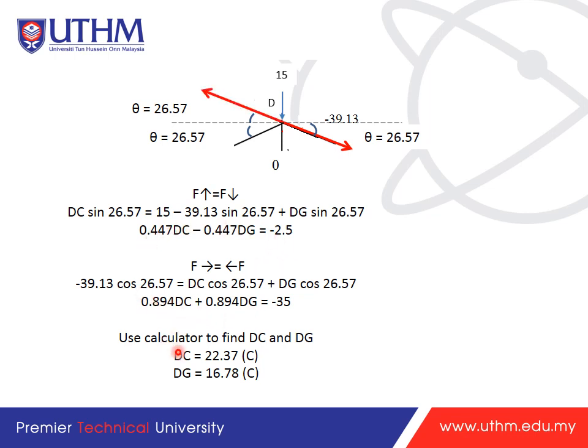You can use a calculator, take the mode of equation, use the matrix, equations matrix, and you will get DC will be 22.37, and then DG will be 16.78 in compression member. Okay, so you also